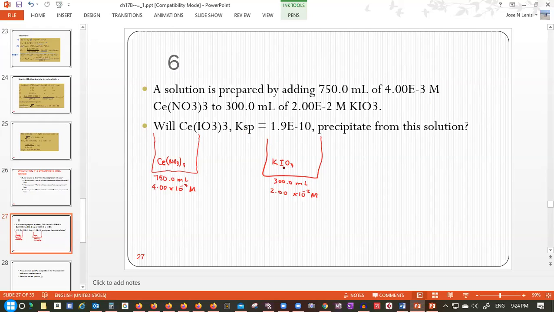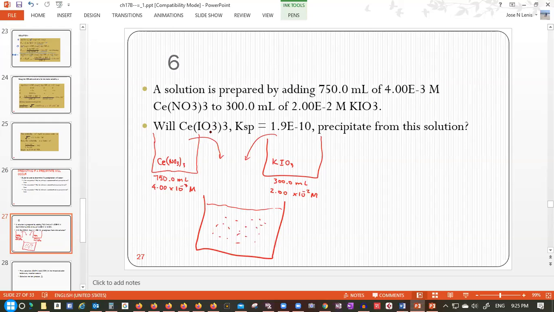The question is, will cerium iodate, cerium 3 iodate, that has KSP 1.9 times 10 to the negative 10, precipitate? When you put these two solutions together, that means we are going to pour everything together into another container. And the question is, will you see a precipitate? Do you have enough concentrations here to make a precipitate? Because definitely it's going to be a precipitate if we have the right concentrations,